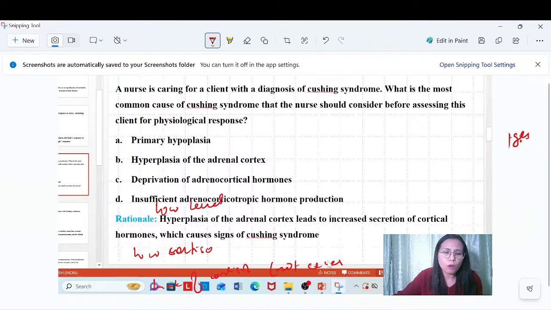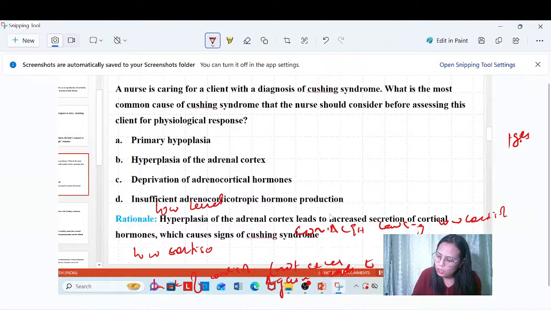And option B is insufficient adrenocorticotropic hormone production. So low adrenocorticotropic hormone, ACTH, causing low cortisol, again leads to Addison disease, not Cushing syndrome. So among the options, the correct answer is hyperplasia of the adrenal cortex. The next question we have,